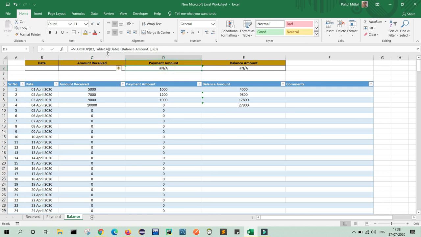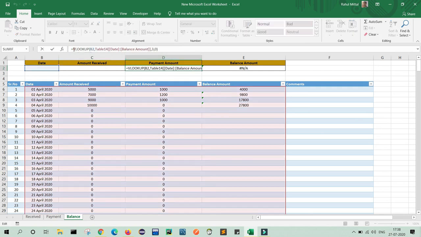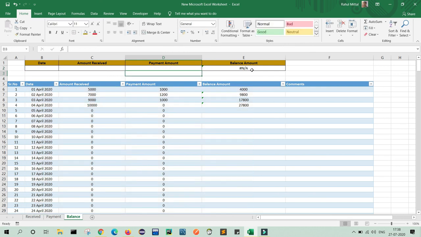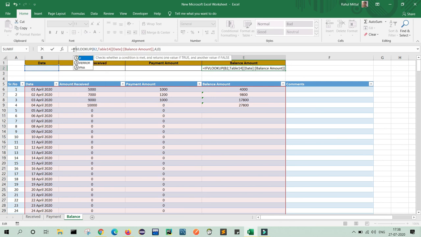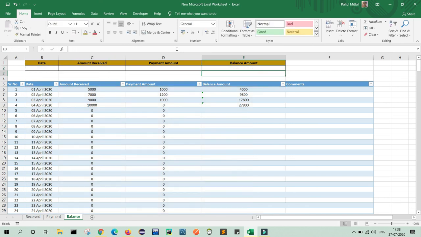Similarly you can do here also, write IFERROR, use comma and two inverted commas, and similarly for the balance, IFERROR, use comma at the end, two inverted commas, close the bracket and press enter.